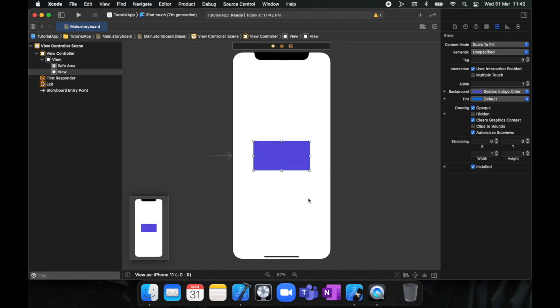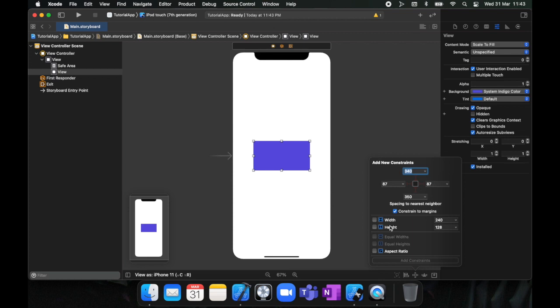There are a couple ways that you could work with this. One is that you fix the height and the width of this view and select where you want to align it. In the middle, to the left, to the right, bottom, top. Or you could select the distance from the sides of the safe area that you want to put it in. Let's do the first one first. To fix the height and width